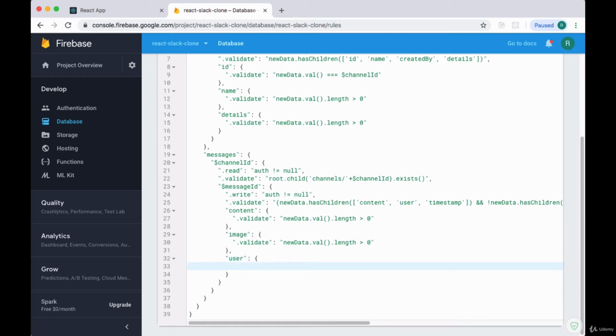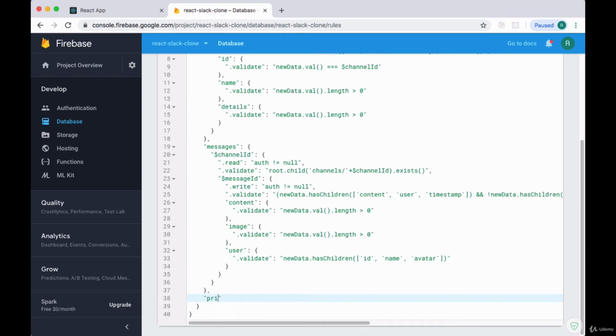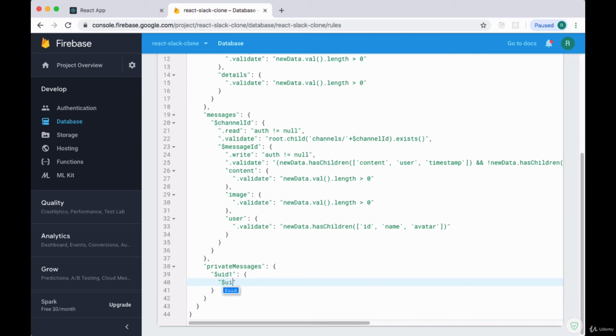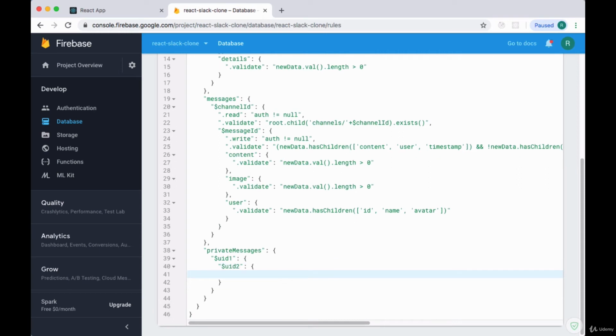And for our user, we can validate them by making sure that they have the children ID, name, and avatar. So they at least have to have these 3 properties. They don't have to have the starred or color properties. Then we'll move on to our private messages collection, where it'll first have a unique ID that we'll call UID1 and another one within it of UID2 for both of the user IDs. We'll read only if auth is not equal to null,